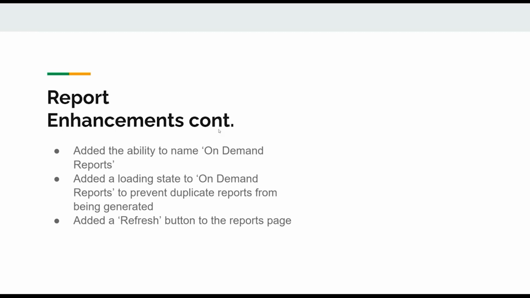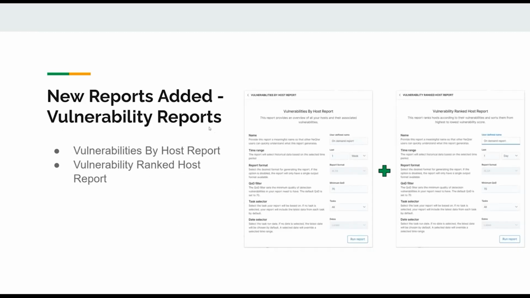Supporting the enhancements to the reports area, like I had mentioned, our guy Jose has been adding some nice new vulnerability reports. The first one is going to be vulnerabilities by host, and the other one is going to be the vulnerability ranked host report. There are a lot of great reports, as you guys know, in OpenVAS, the vulnerability scanner.